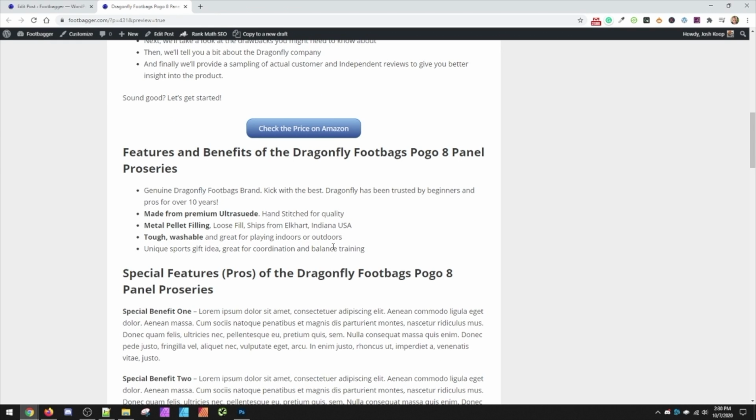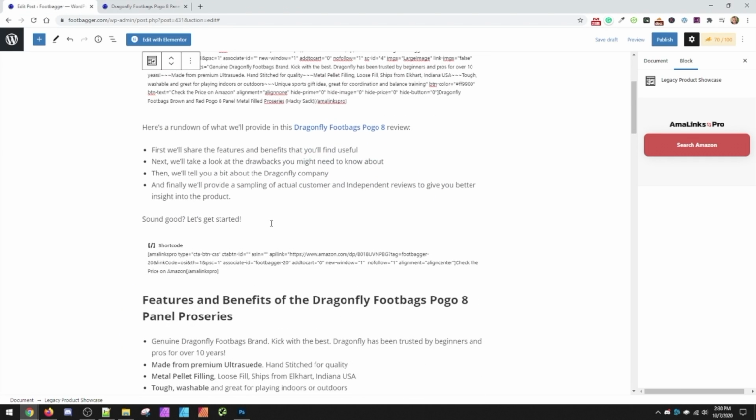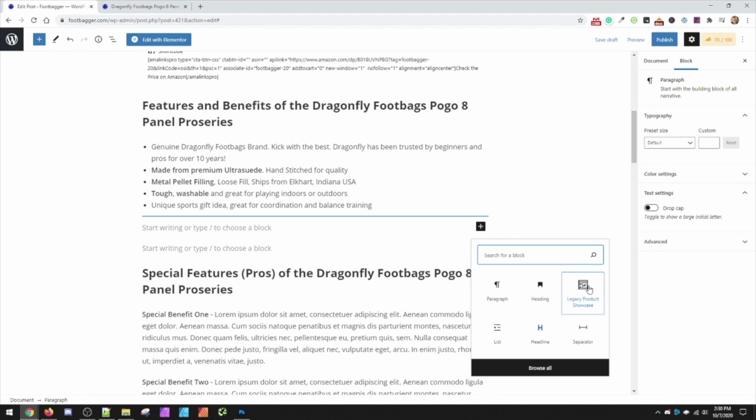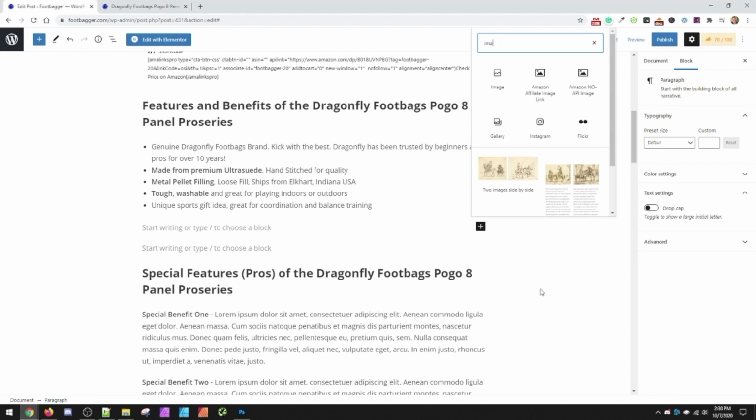I do features and benefits, but typically after features and benefits, what you want to do, or what I do, is I try to bring in an image to kind of showcase the item itself. There's less images on this item than I typically would go with, but what you do is you go in, you create a block, and you can just say Amazon image,